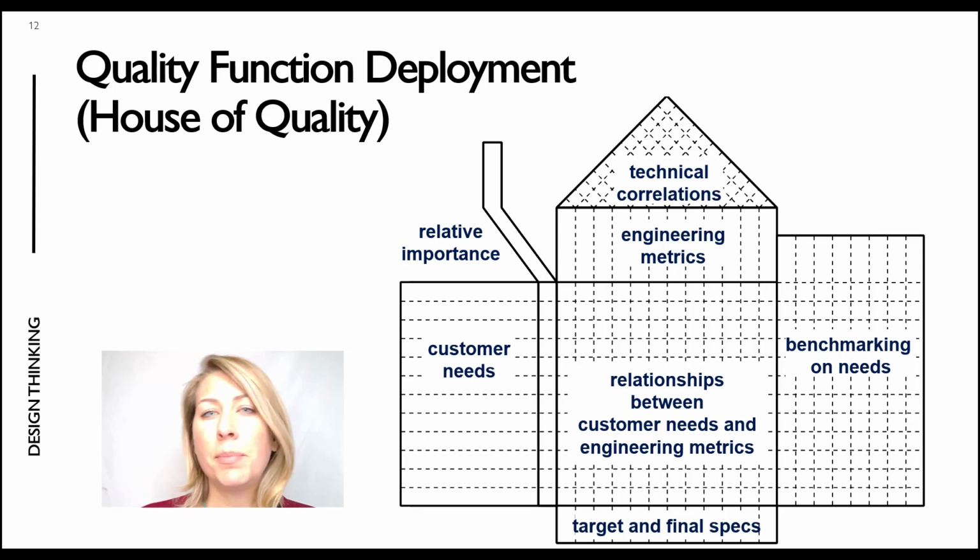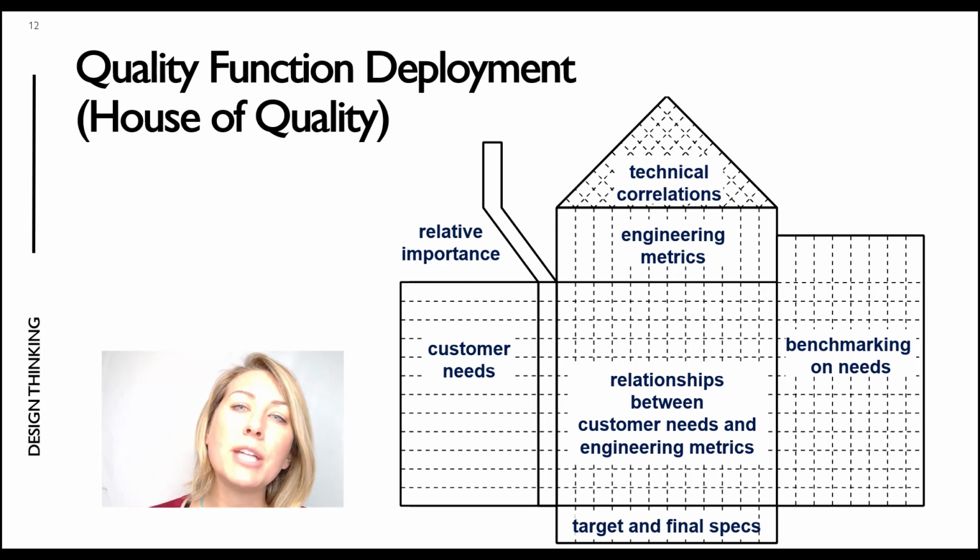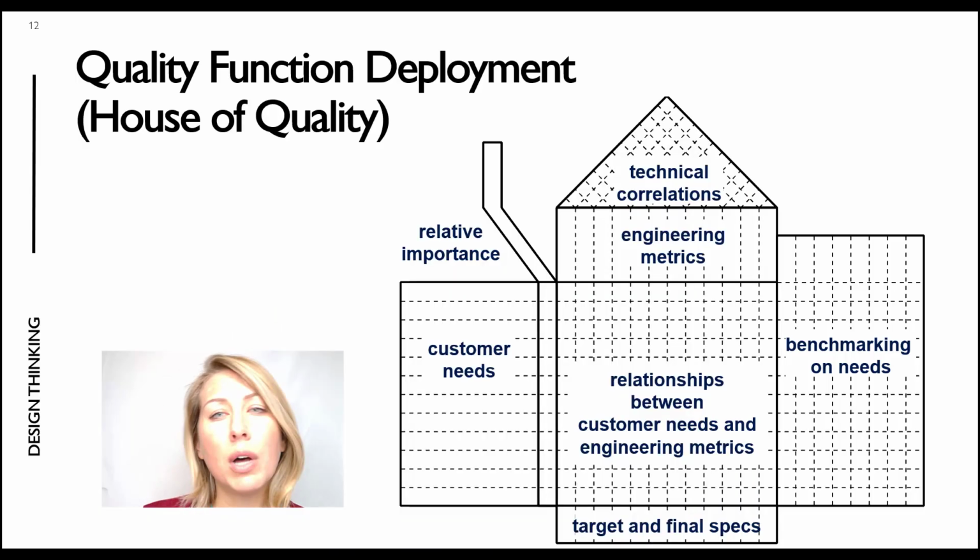It was developed back in the mid-60s by two Japanese professors, Doctors Shigeru Mizuno and Yoji Akao. Back then, statistical quality control had gotten pretty popular after World War II, and Japan was starting to integrate total quality management philosophies into their production and manufacturing systems. At this time, Professors Mizuno and Akao developed a quality assurance method that would design customer satisfaction into a product